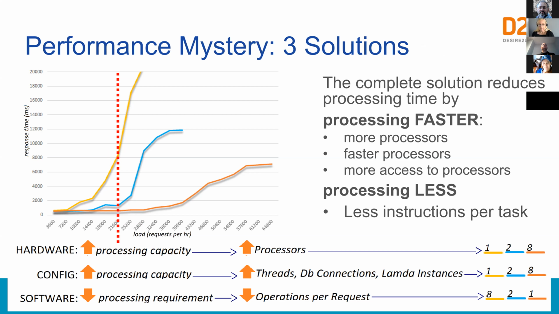A short aside here, note that task can refer to either an individual request that can be optimized for instruction count or a group of requests. In particular, consider repetitive operations such as looping and recursion, where request counts can really escalate. And just an aside, the tool we use at D2L for that code level insight is ANTS Performance Profiler, and we use it to pinpoint really quickly where a request is being called many times. So that comes in handy for Ioan and I on lots of occasions.